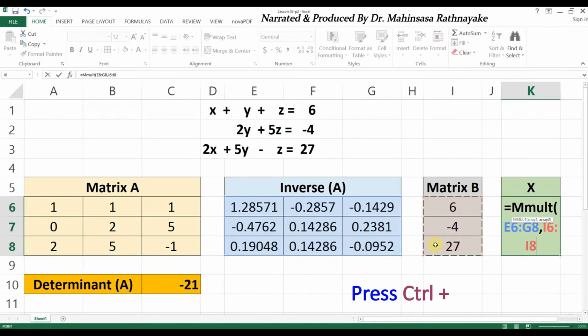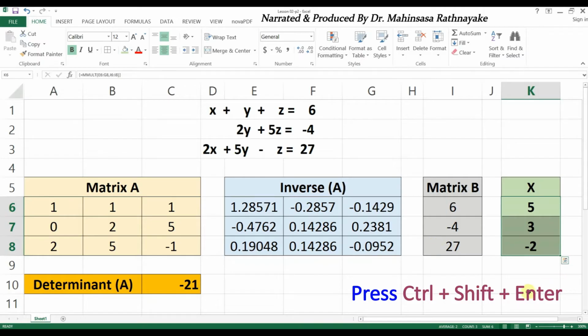Then again, to obtain the answer in matrix form or array form, we should press Ctrl plus Shift plus enter. Now we got the solution for the three unknown variables in matrix form.